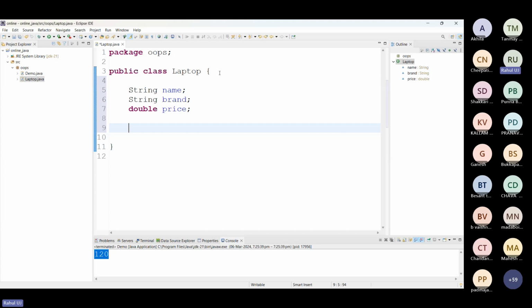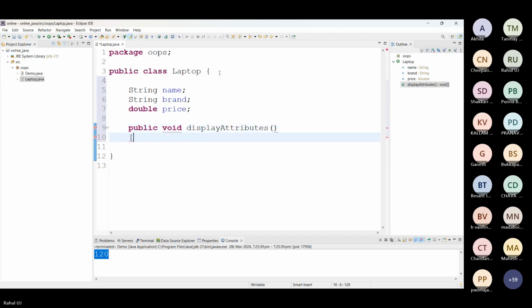Sir, I want to display the details of my laptop. For that, I will say public void displayAttributes, a non-static method.